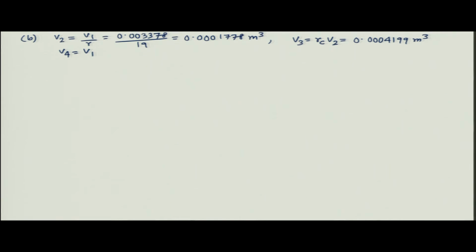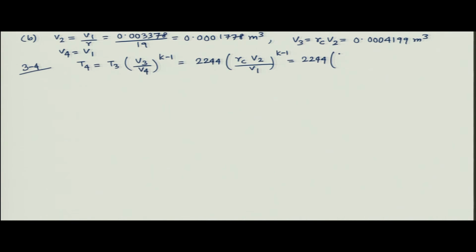Now, let us look at process 3 to 4, which is the isentropic expansion process. So, the temperature after the expansion process, T4, should be equal to T3 multiplied by V3 upon V4 to the power of k minus 1. So, T3 we already know it is 2244 Kelvin, and V3 is basically rc times V2 and V4 is basically V1, right. So, if you substitute the number, rc we already obtained as 2.362, right,